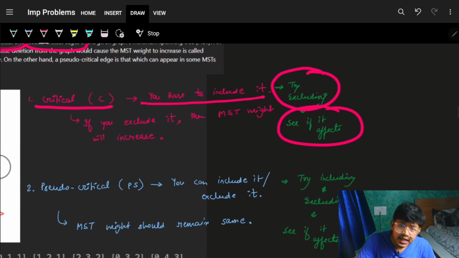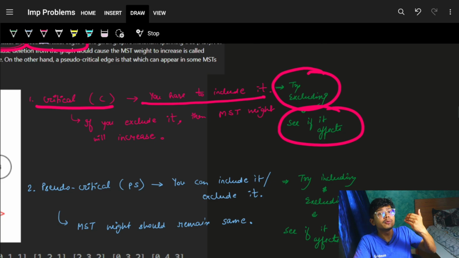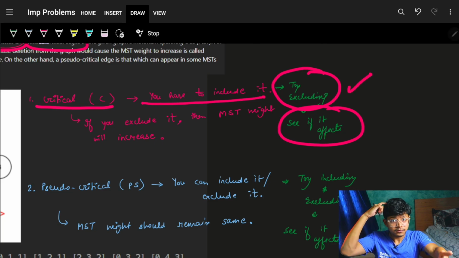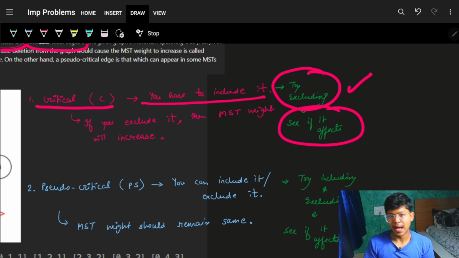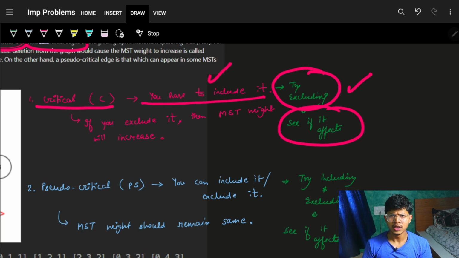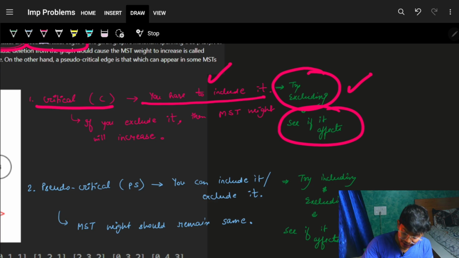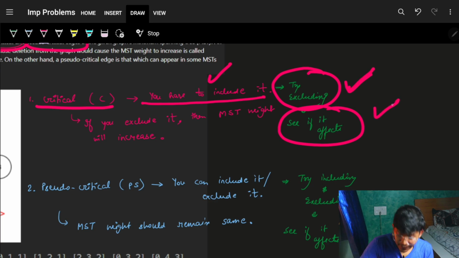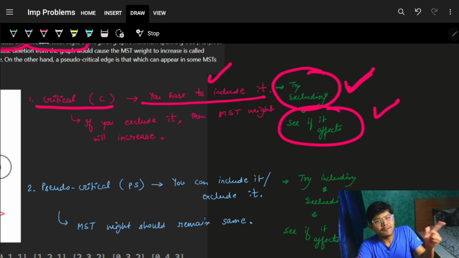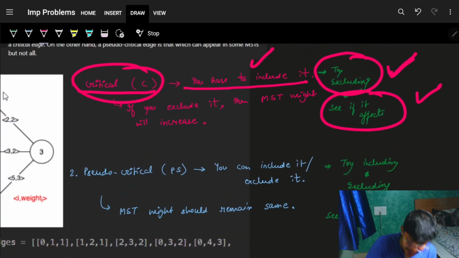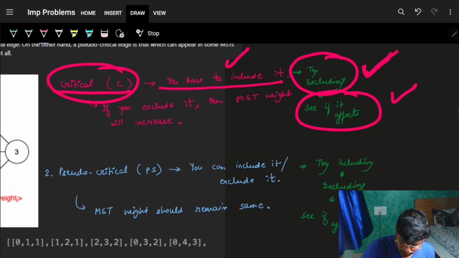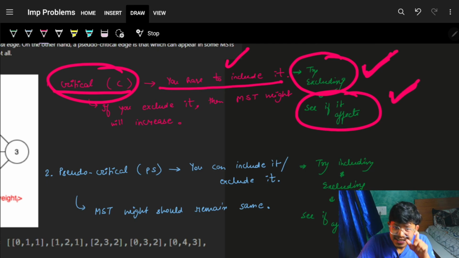What we will do is just try the opposite. We try to exclude stuff. After excluding, I am saying, okay, I have to include it, which means I'll try excluding it. If excluding it increases the weight of the MST, which means I should have already included it. Right? So that's the same stuff. To know if an edge is critical or not, I will exclude it and see if my MST